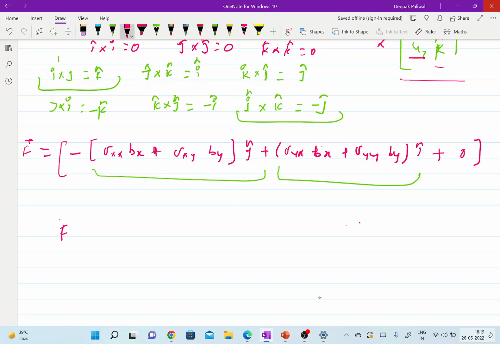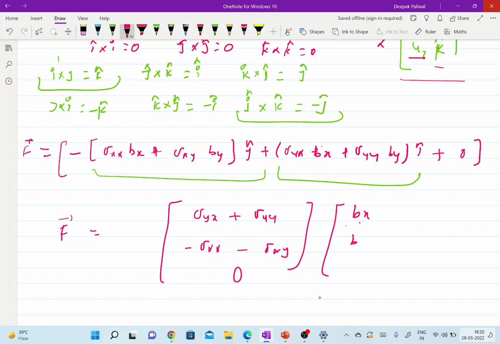So this is force, I am writing in this matrix form, yx, let me write more correctly, yx plus sigma yy, again here minus sigma xx minus sigma xy 0, this is bx, by 0. Okay, so this is the equation, so I can happily now say this is fx part, this is fy part,